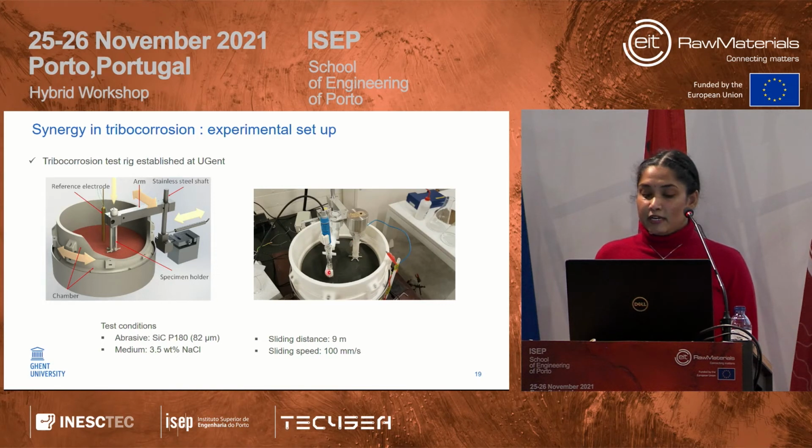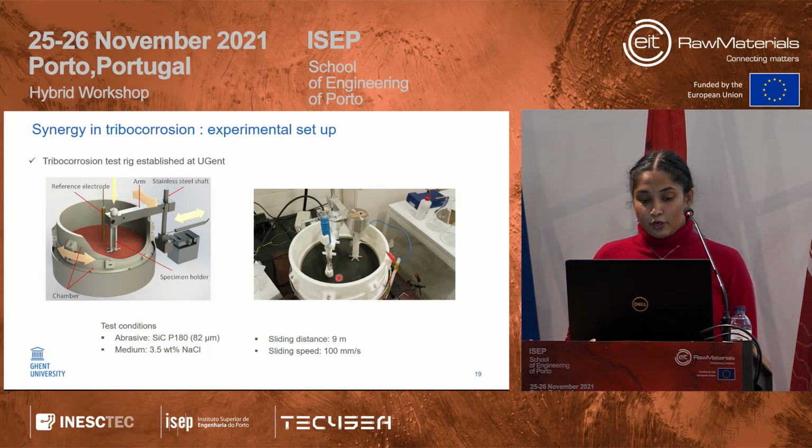This is because abrasion and corrosion work at different time scales. Corrosion may happen in years, but when you scratch a material against sand, there is immediate material removal. Therefore, to match those two time scales, we accelerate the process by applying an external current using these kinds of controlled electrochemical setups.